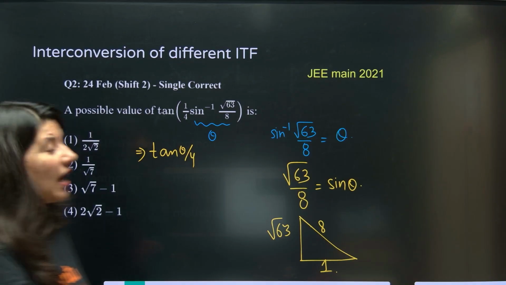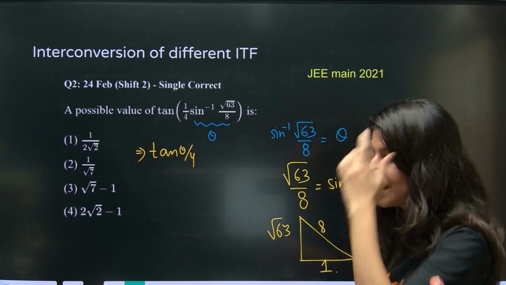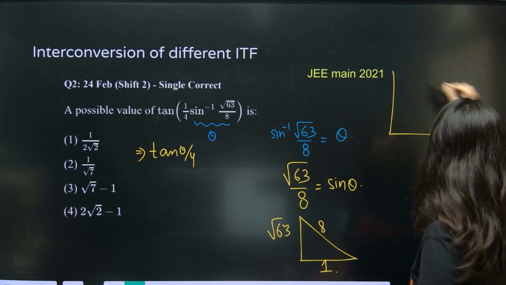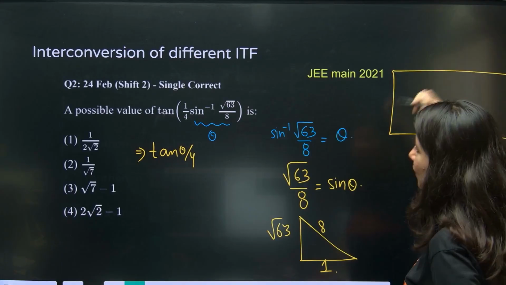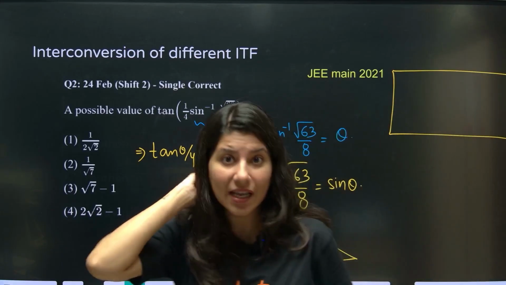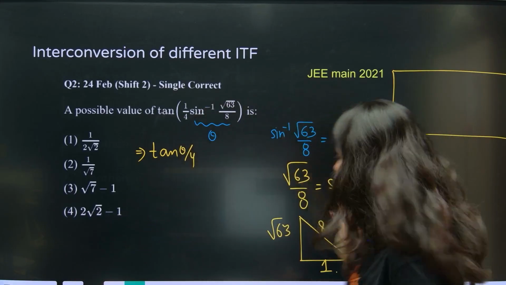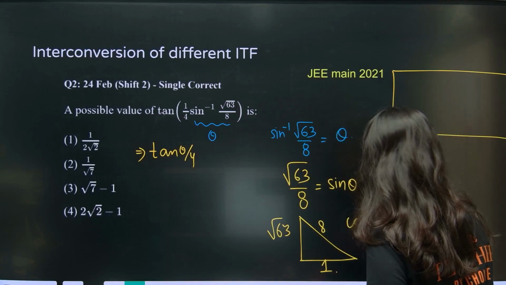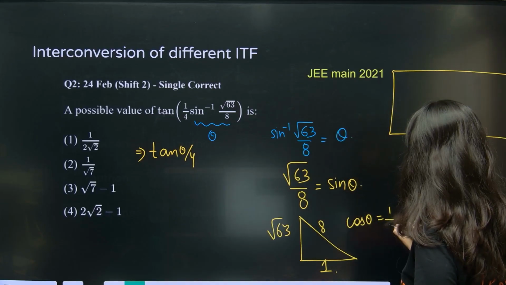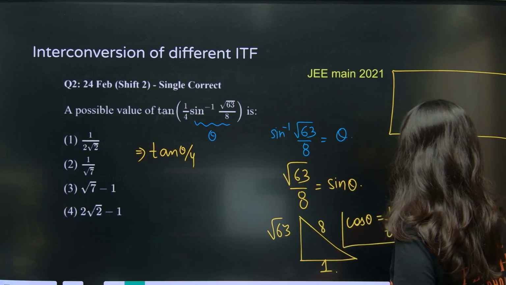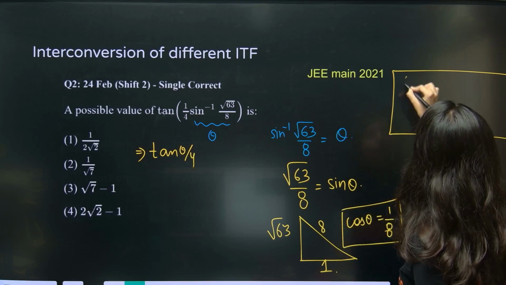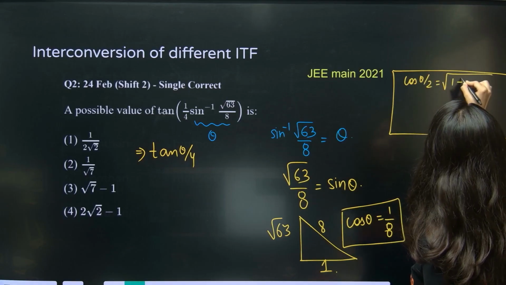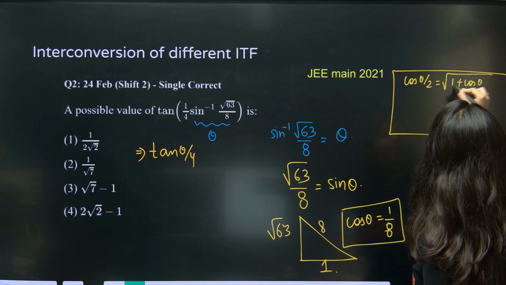Okay. So now we are going to use those two formulas. Remember, two gold formulas of trigonometry you have studied from me. First of all, I am going to calculate cos theta by 2. Can you calculate cos theta? Ma'am, cos theta is 1 upon 8. Using this, now tell me, cos theta by 2 is what? Square root of (1 plus cos theta) by 2.